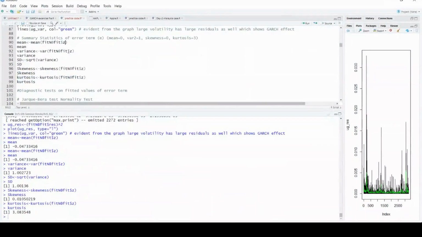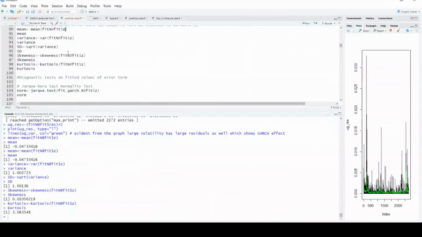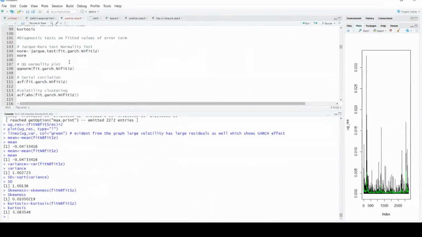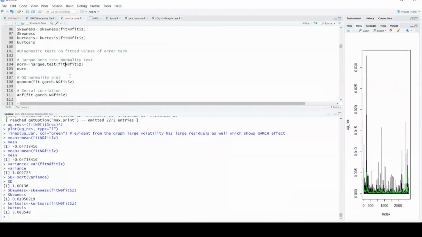Now I'm going for the diagnostic plot for the error term. So this is a separate thing. Otherwise, you can have the similar thing which I've already shown when I plotted the graph. You might have seen I need not plot it separately, but for your convenience, I'm plotting it separately so you can understand. Okay.